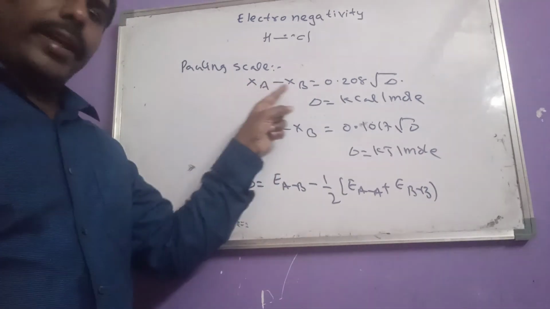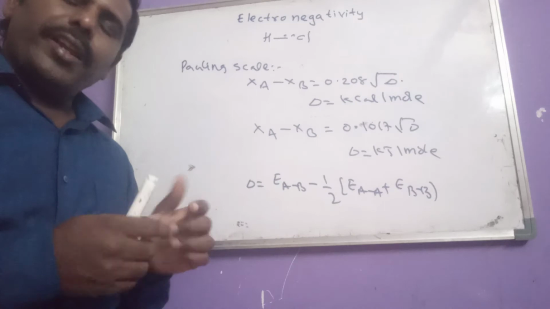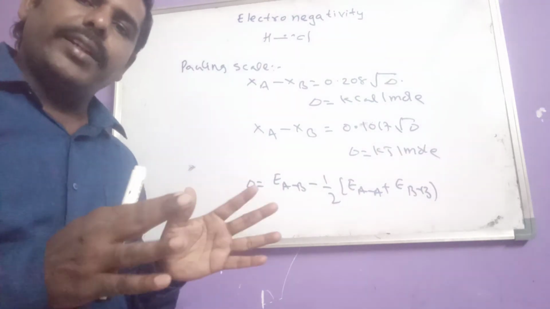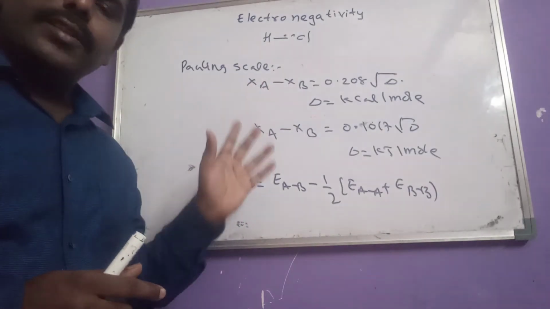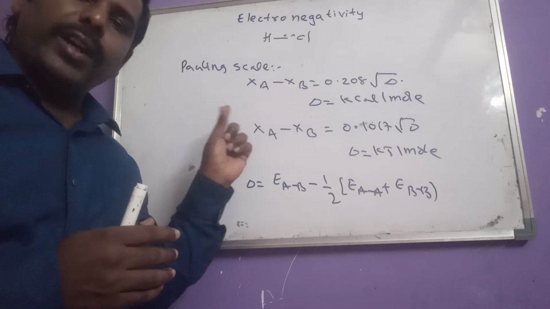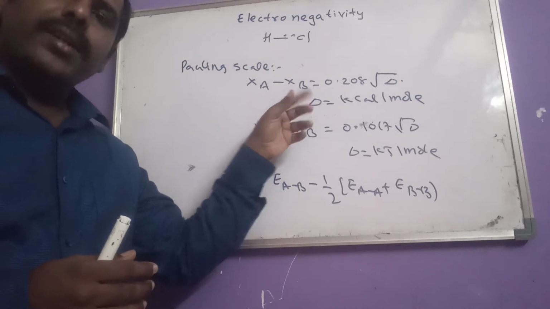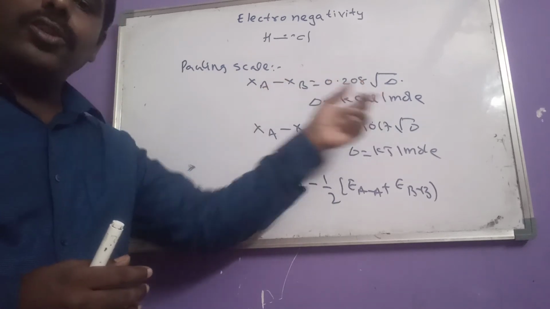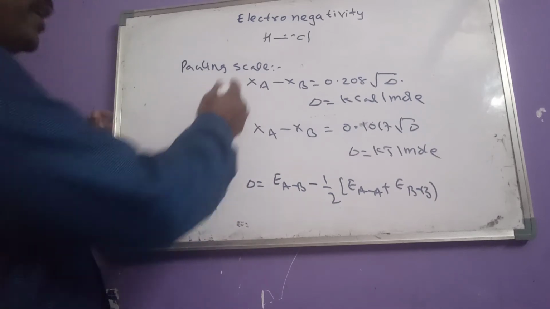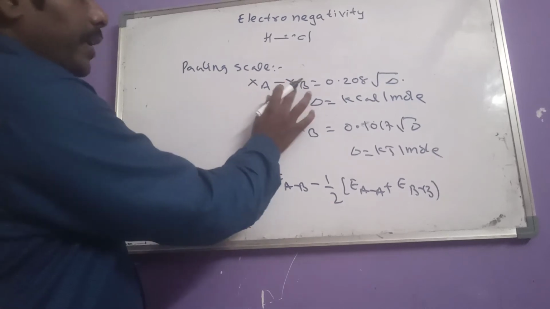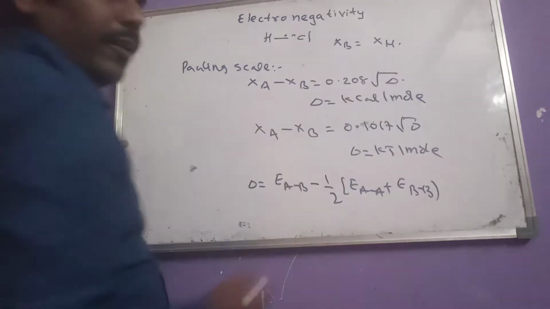But one more doubt here. If both electronegativities are unknown, how do we calculate? For example, in an equation, if two unknown values are there, we can't determine those two values. So between Xa and Xb, at least one value should be known. By using Xa and the delta value, one may calculate Xb. Or if you know Xb and the delta value, we can calculate Xa. So for that purpose, in place of Xb, they have taken which one? The electronegativity of hydrogen.